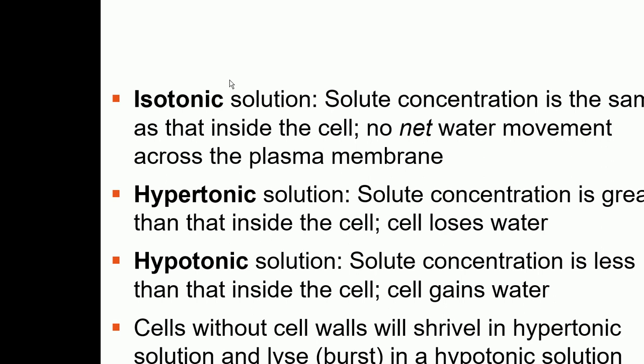Now, a very typical example I would like to give you here is, suppose you have three different kinds of waters: tap water, seawater, and the deionized water which is used in the labs. If you compare seawater with the tap water, seawater has a lot of salts in it. So if we are comparing seawater with the tap water, we will say that seawater is hypertonic and tap water is hypotonic, because seawater has more solutes as compared to the tap water.